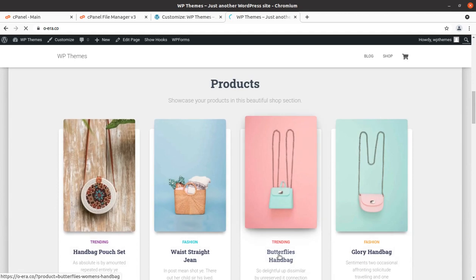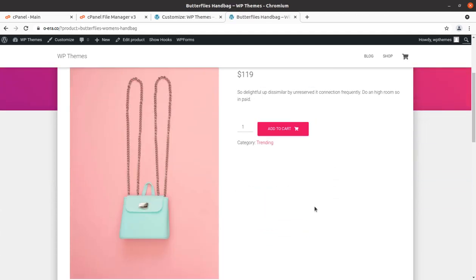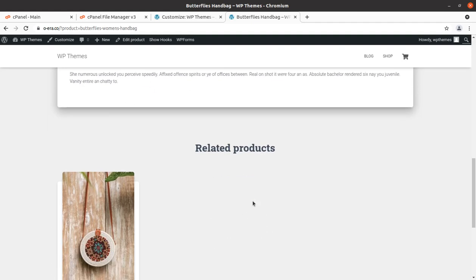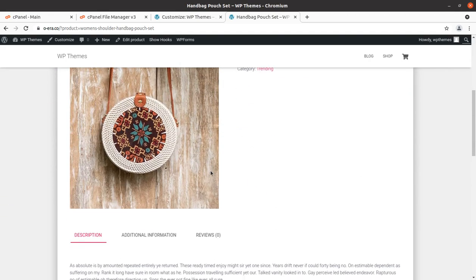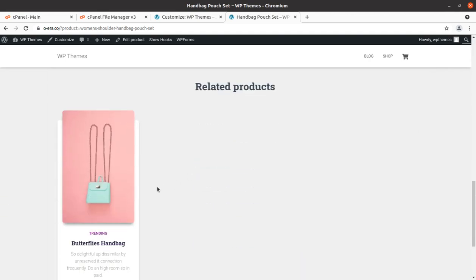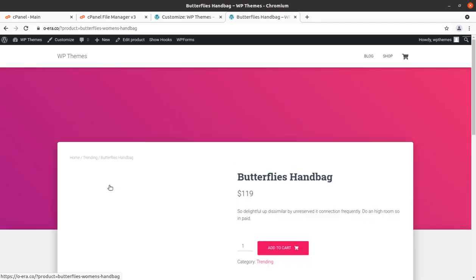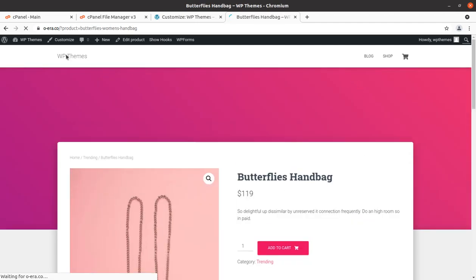This is a very lightweight, perfect theme for your business. I always recommend having a very fast loading website for your business, and this theme gives you that advantage, that it is really very fast loading, and even the WooCommerce part of this theme works very fine.